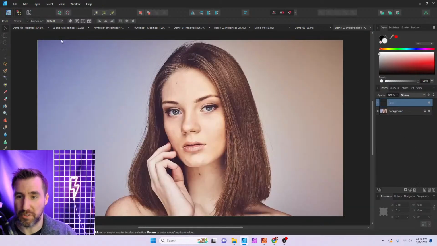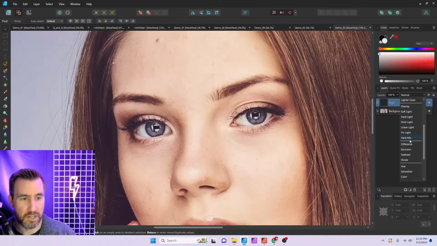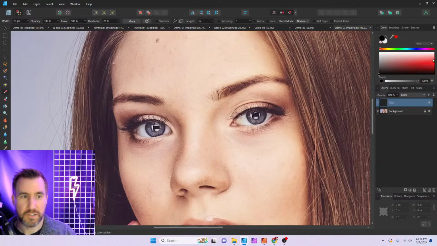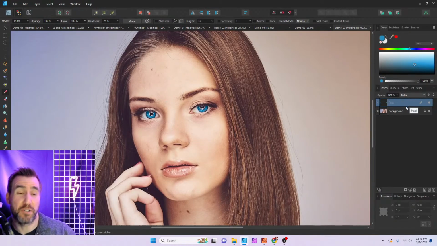So if I go to the pixel persona, if I zoom in, let's change this to actual color here. And now using a brush, let's give her blue eyes. So Dune just came out, so we'll give her blue eyes, I guess. I haven't seen Dune 2 yet, but I'm familiar with the mythology and the blue eyes. So you can see in this case, we actually used the blend mode and we're actually able to get really